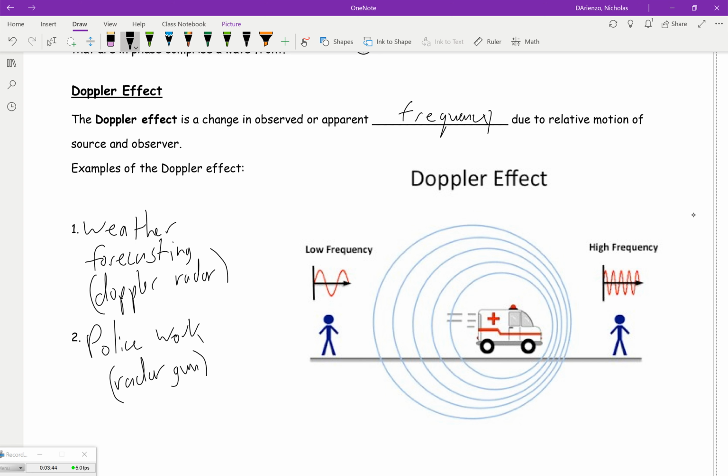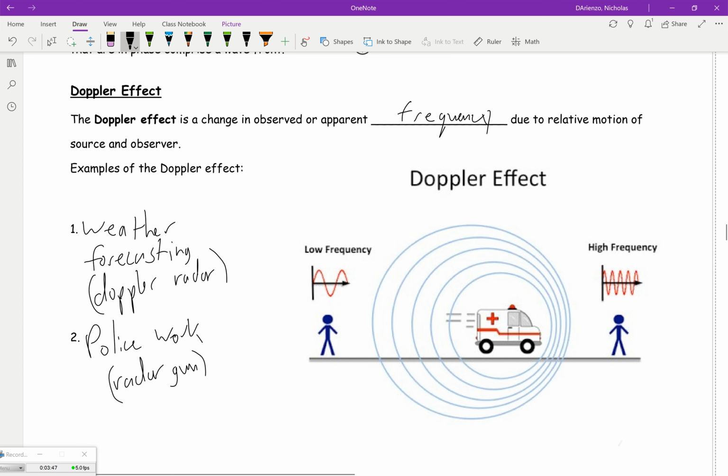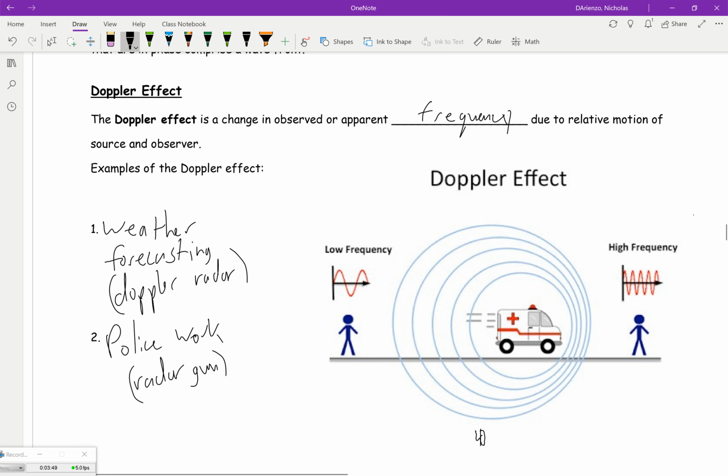So if we're standing in front of a moving ambulance that's maybe going, I don't know, let's say it's moving 40 miles per hour down the road. We're standing down the road and we can hear the ambulance coming. We're going to hear a higher frequency of that siren because these wavelengths are bunched up in front of the moving object that's creating the sound. Behind the object, we can see the sound waves are spread apart farther than they normally would be, and we're going to interpret that as a lower frequency. So if we were standing,